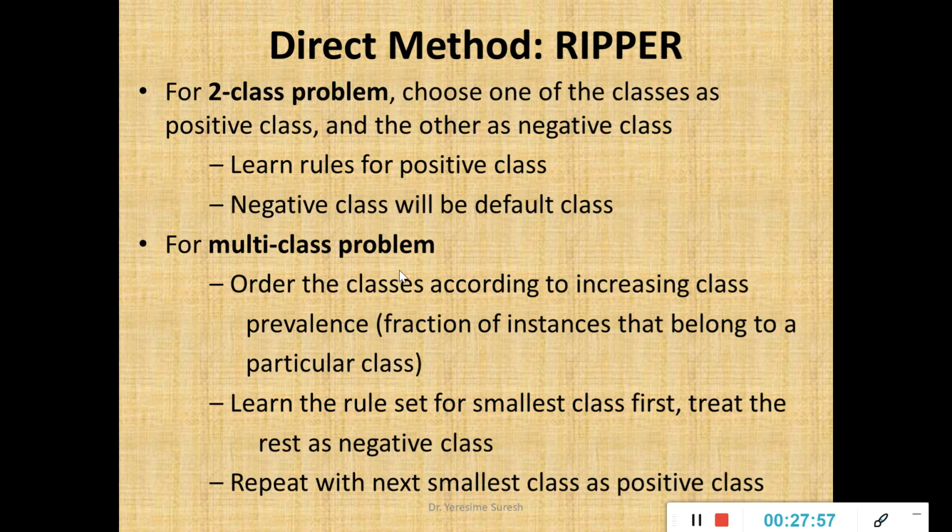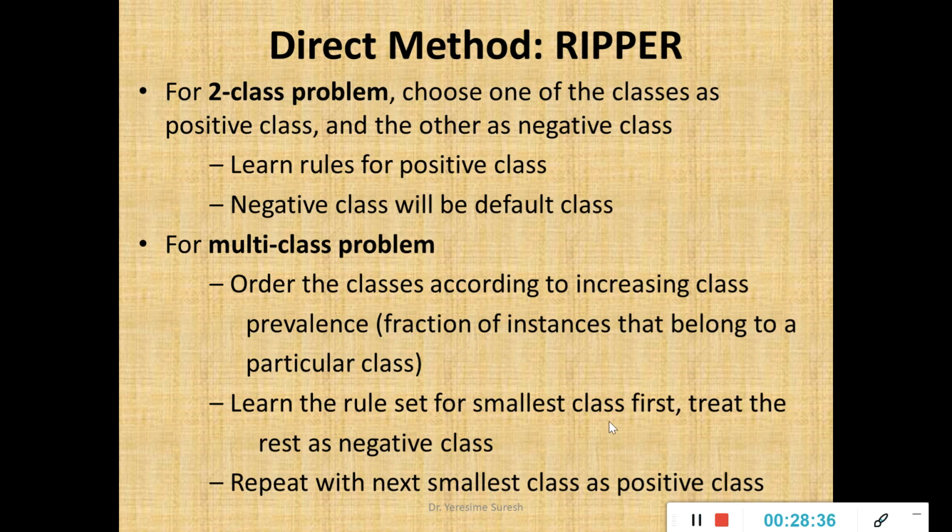Fine. If it is a multi-class problem, what is multi-class problem? 2 classes, pass or fail, negative or positive, 1 or 0. What is multi-class problem? For the same student result. Fine, pass or fail is 2 class problem. What is multi-class problem? Pass, fail, malpractice, result withheld, student is absent. They are all examples for multi-class problem. Order the classes according to increasing prevalence. That means fraction of instances that belong to a particular class. A simple indication, majority of the classes having more class values will be the class label.